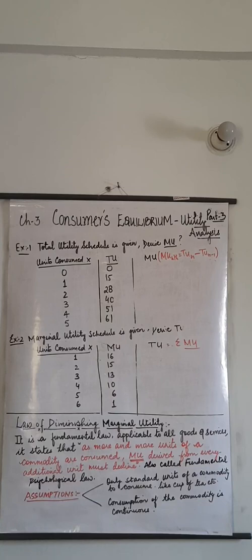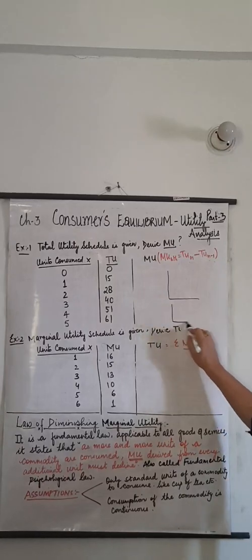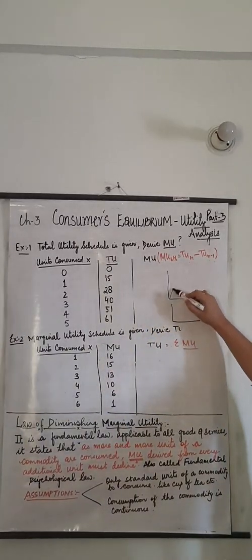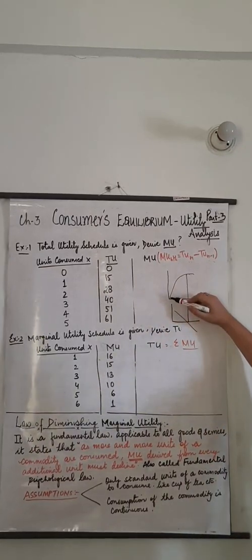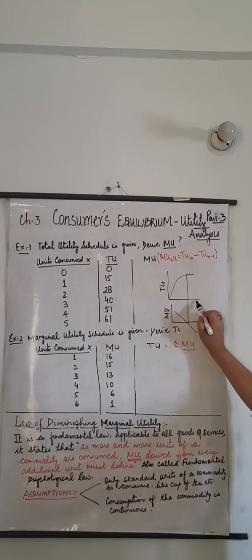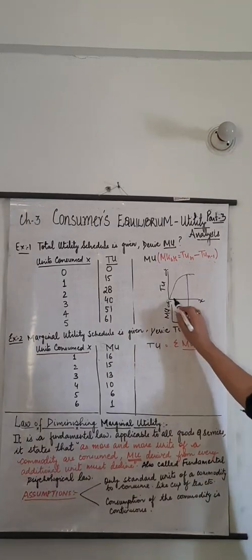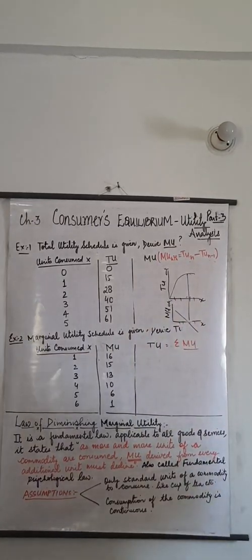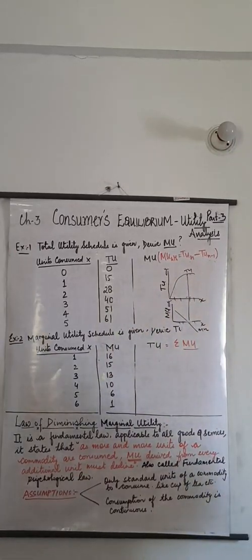So we got two formulas to derive TU and MU, and a relation is formed. If you can recall, in the prior part I explained these two graphs related to each other, that this was your TU and this is your MU, and this was the point of saturation. Here it is X, Y, this is the units we are consuming, we mark it here. This is your MU, this is your TU curve.